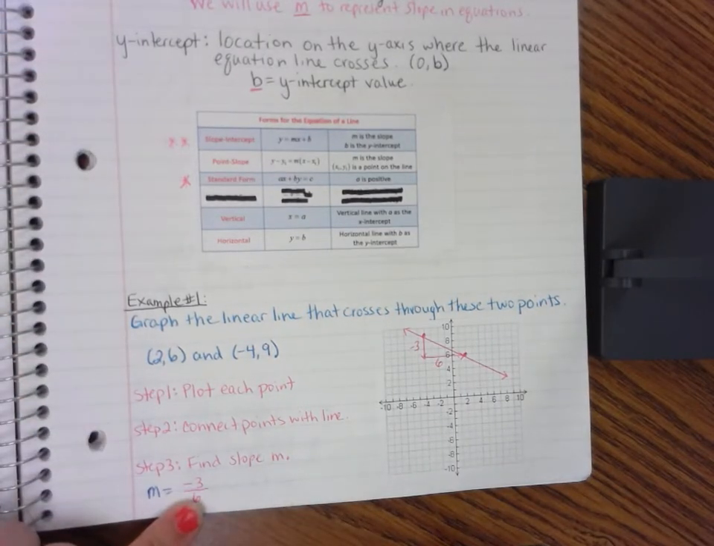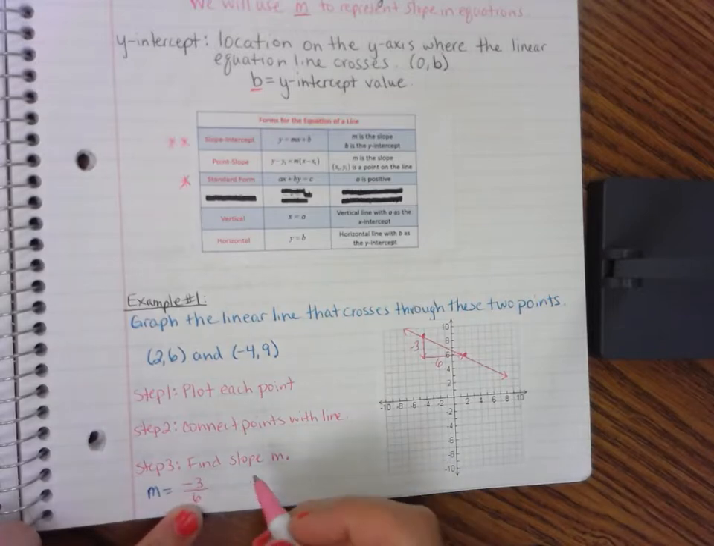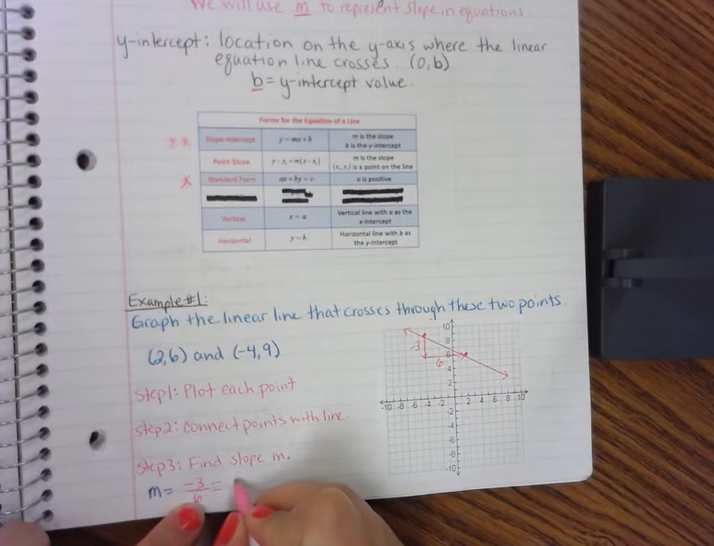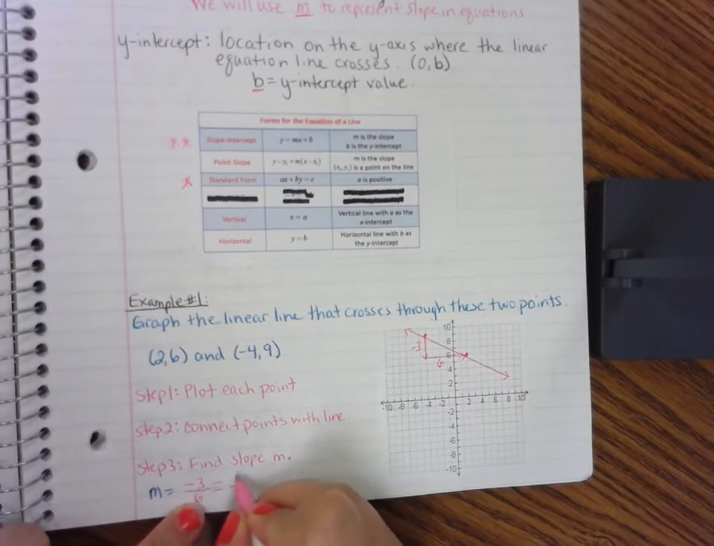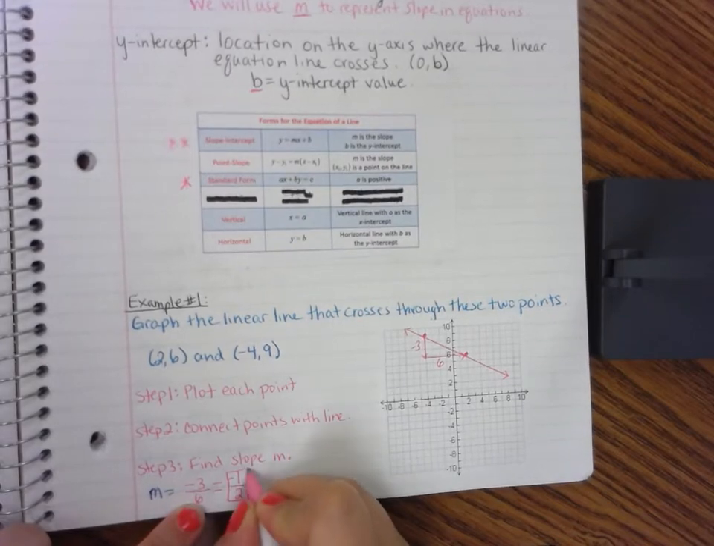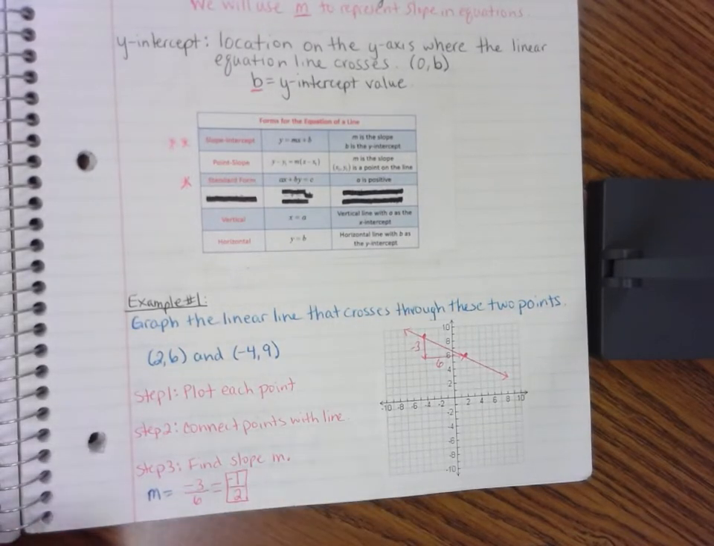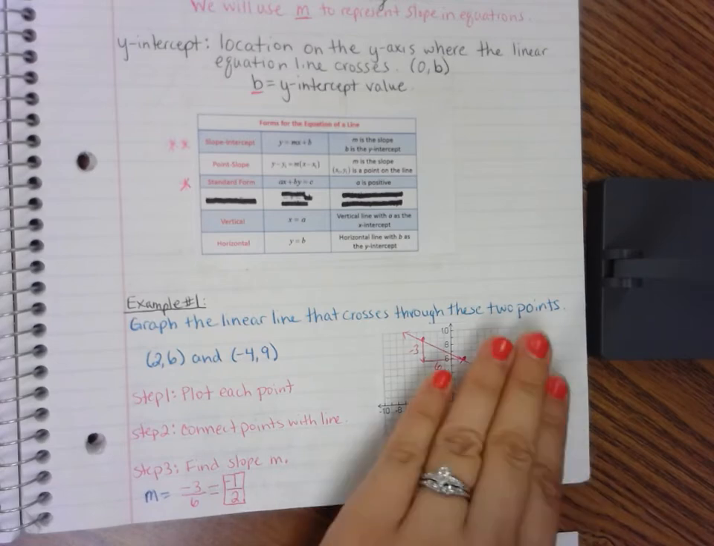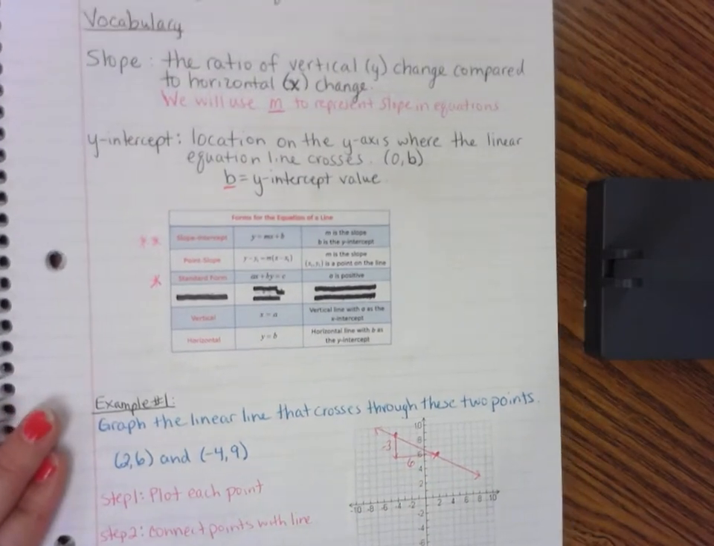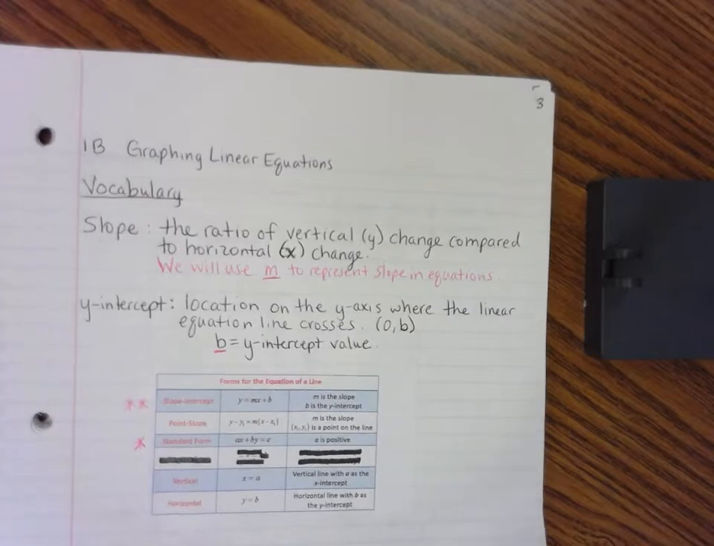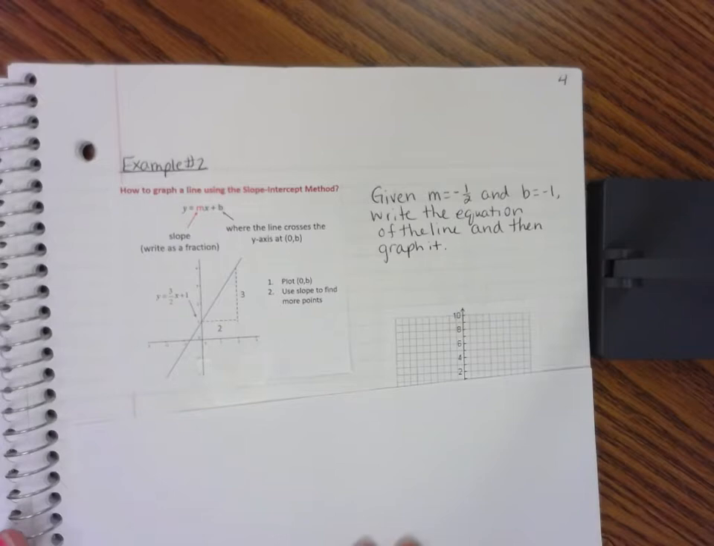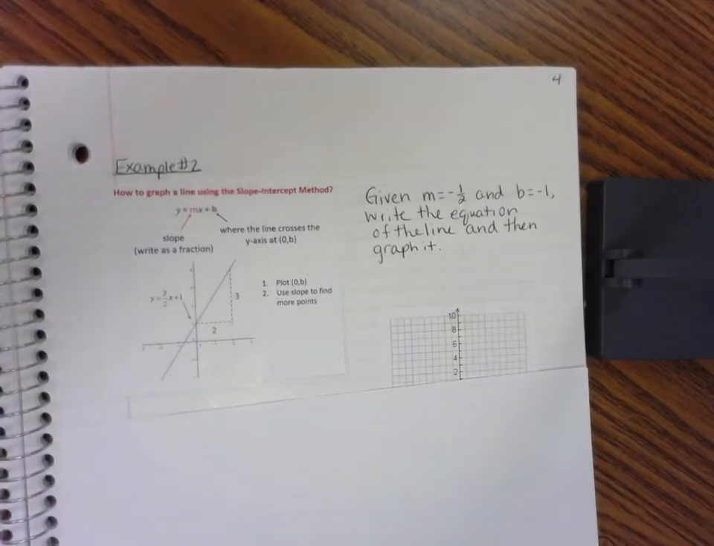Well, if I look at this, it looks like it can be simplified because 3 goes into 6 twice, and 3 goes into itself once. So my slope is in fact negative 1/2. We're going to need to use this later on when we're graphing. So now we're going to take a look at the next example. The next 2 examples